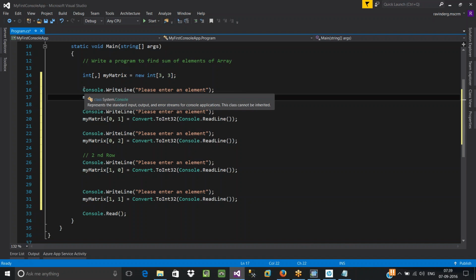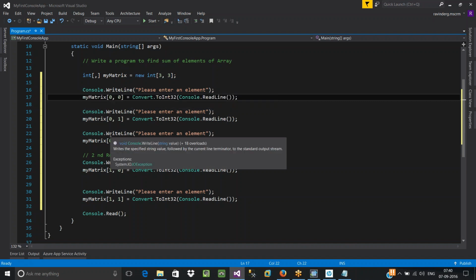When it comes to real-time applications, you will be getting thousands of elements, lakhs of elements. If you start writing the same logic for each and every element, the same logic has to be repeated 1000 times, 1 lakh times. Just think about your complexity. It will increase a lot of complexity. It will also occupy a lot of main memory, which leads to a problem that will degrade the performance of your application. So that is the reason.